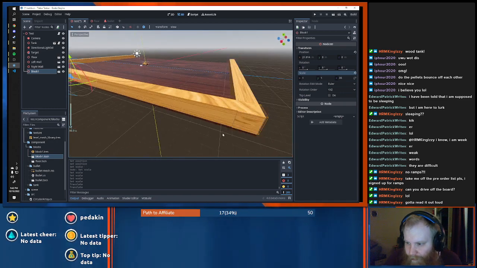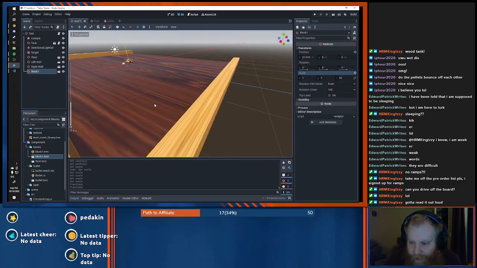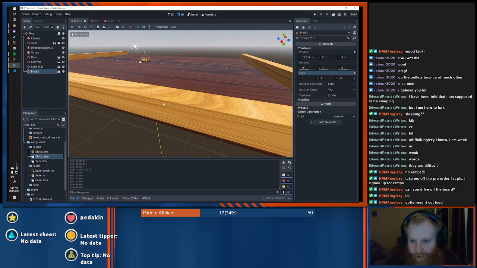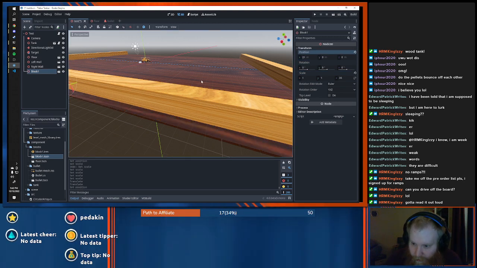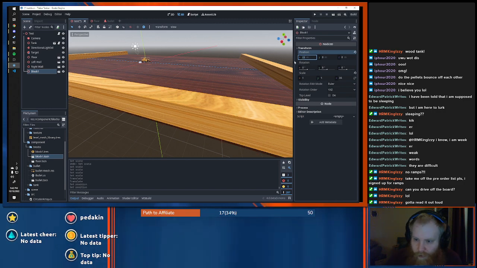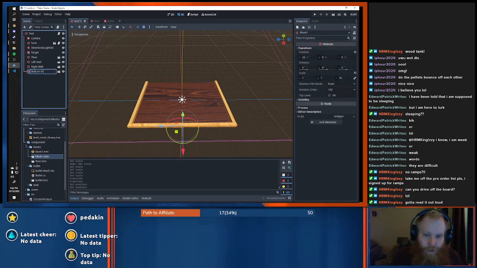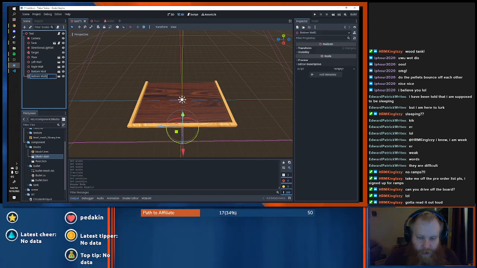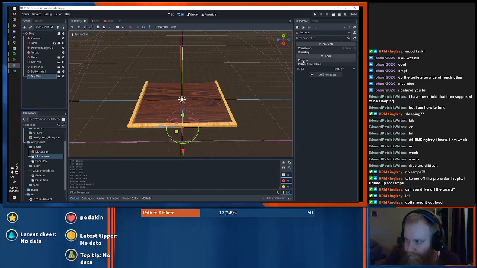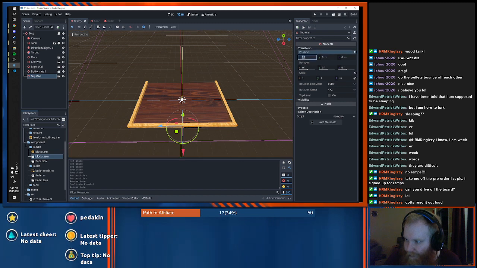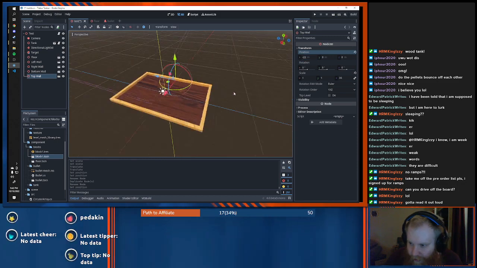I don't think it's a problem that they're overlapping here since they're static bodies. It's not like they're gonna just snap and fly off into the sunset. Oh, how about 22? 22 looks good. Okay, same deal. We're gonna have to call you bottom wall. We're gonna duplicate you. Stop trying to rename it. Bottom wall 2, also known as top wall. And you are going to be at negative 22. Bam, just like magic.